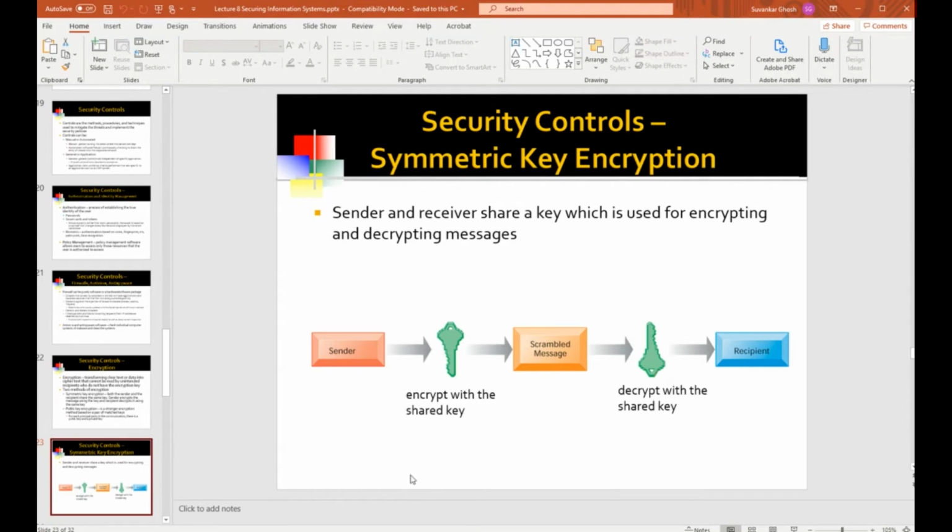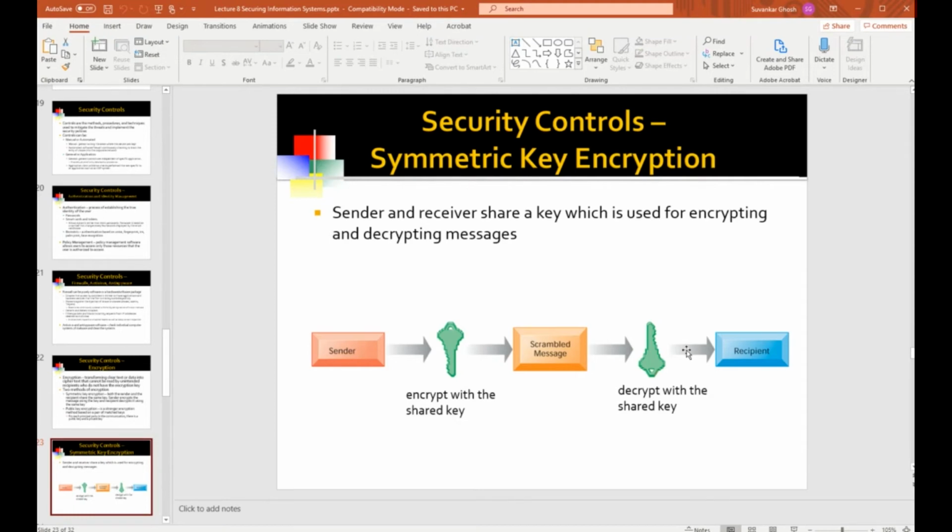So the secure channel is only formed after the key has been shared by the sender to the receiver. But then the question becomes, how does the sender securely send that key in the first place?